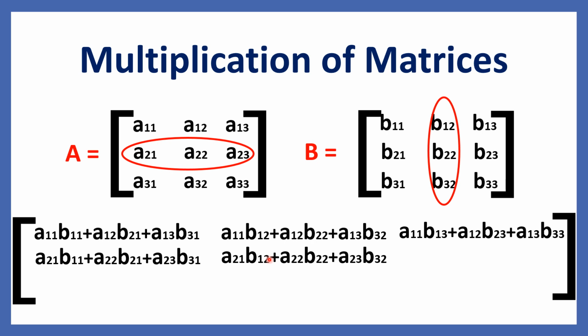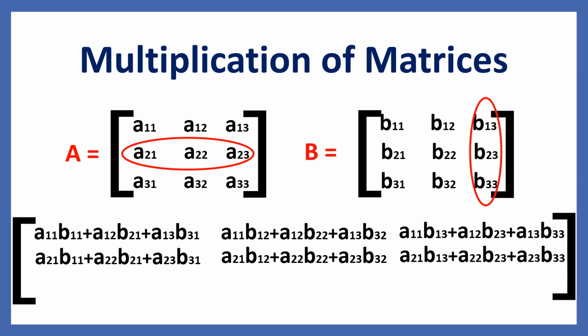That is, second row of the first matrix multiplied with each value of the second column of the second matrix, and all these values are added. And then for getting the third column, that is the next element, we have to consider the next column, that is second row of the first matrix and the third column of the second matrix. Thus the values we get are A21 into B13 plus A22 into B23 plus A23 into B33.